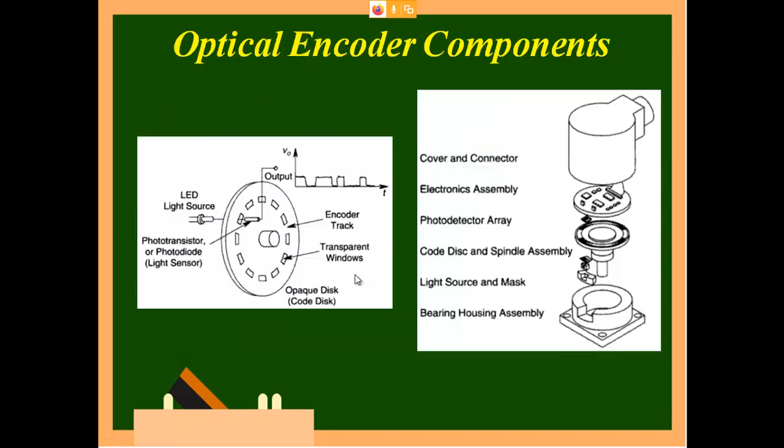Okay, so now you can see here there is a disk. In this disk I have put holes. This is the light source, and this is the receiver which is going to read. How many times it will read for one revolution is nothing but the number of holes. So for example, 1 2 3 4 5 6 7 8 9 10 11 12, which means I will get 12 pulses. Once I receive the 12th pulse, it is clear the disk has gone through one revolution.